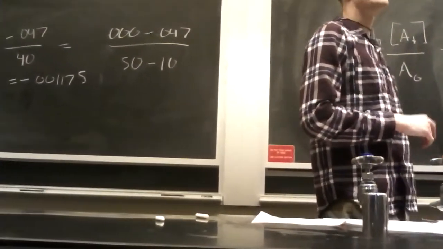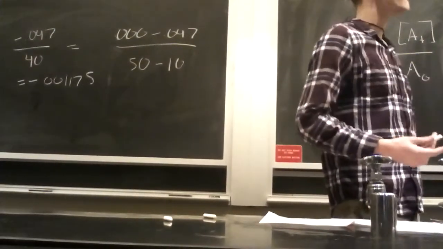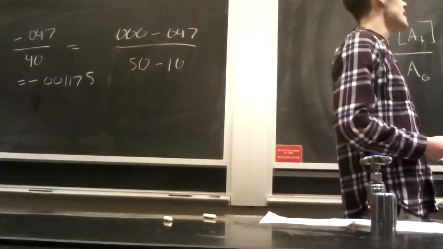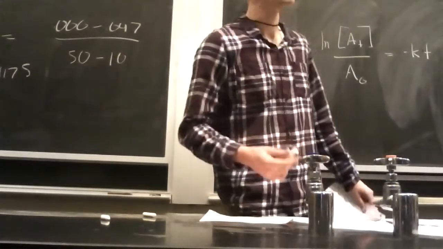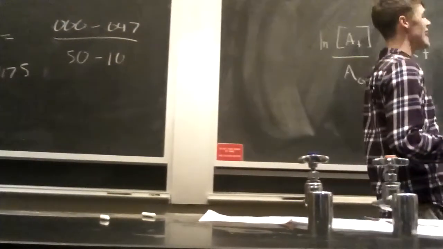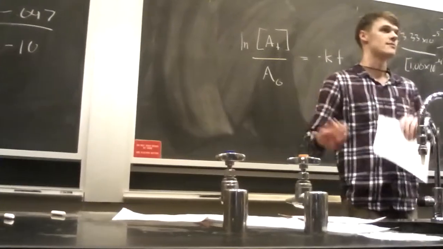All right, so my A0 is 1 times 10 to the negative 4th molar, and my AT is going to be 3.33 times 10 to the negative 5 molar. And because I chose that interval, my time is 1,000 seconds. All right, so that simplifies to